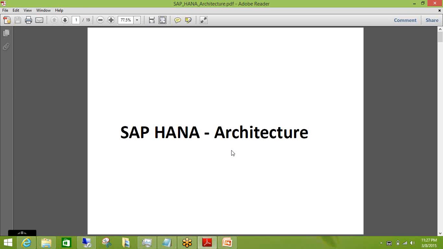So there are two perspectives. One is certification, to make yourself an authorized resource in the SAP talent pool. And second is your project, which is your more practical exposure and how you implement the HANA project. That is very critical.